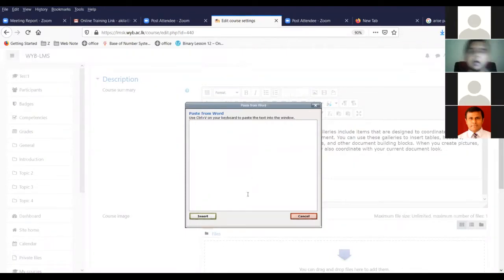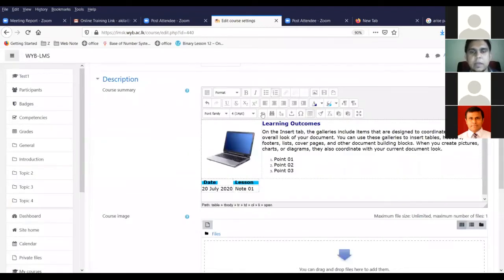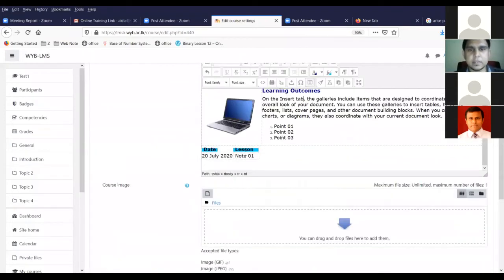But that will not give you the colors and other formatting of the text that you have done in Word. Only the text will be copied with the font sizes and other things. The color formatting and others will be removed when you copy through this one. So it is okay to prepare the document with Word and paste it here, and the colors and other formatting you can do from here easily. Did I answer you, sir? Yes. Okay. Yeah, it's a limitation. That's okay.